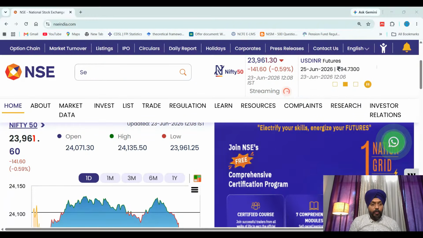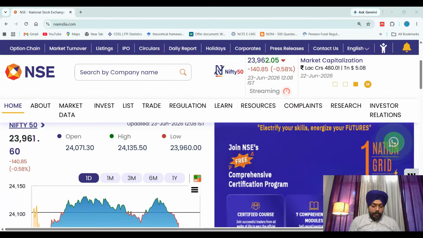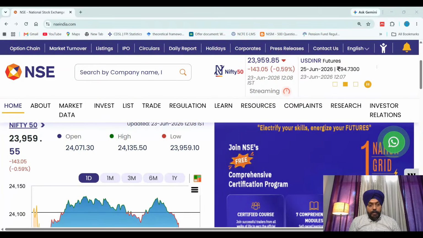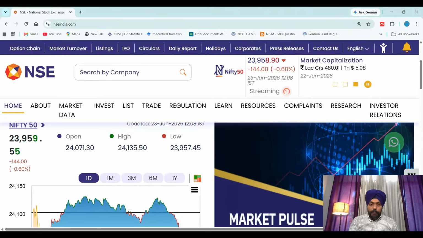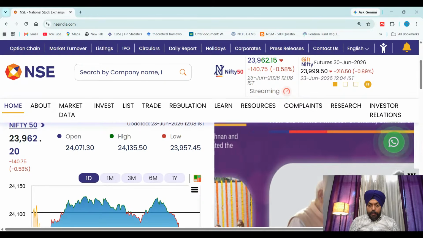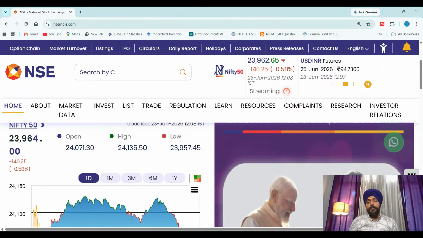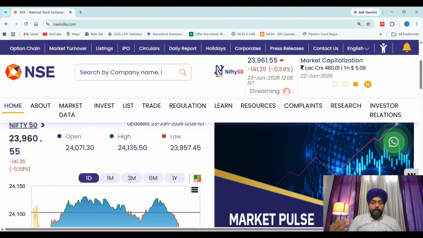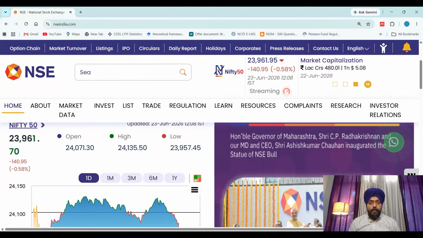This is the live market going on and you can see what is happening right now: Nifty opened at 24096, it has breached its first support level 24025, then it breached its second support level, then right now it is at 23947. 23947 is the next third support level. If this is breached, so till now if you had bought any put option you are already in profit, in the sense that if any correction comes in your portfolio,